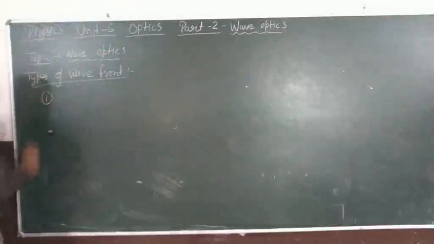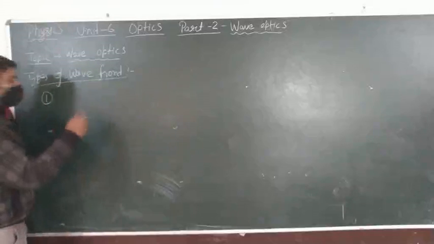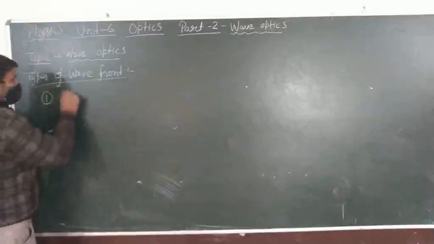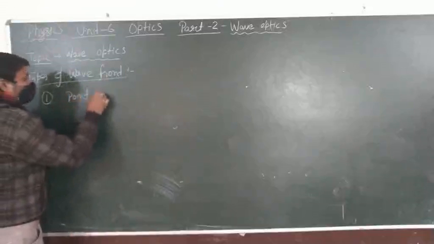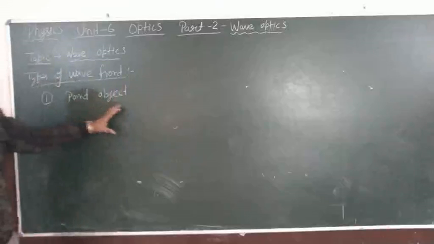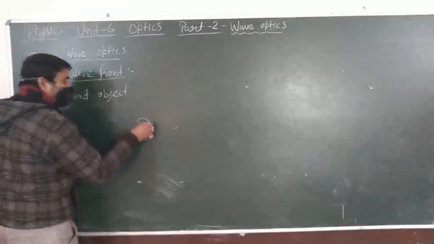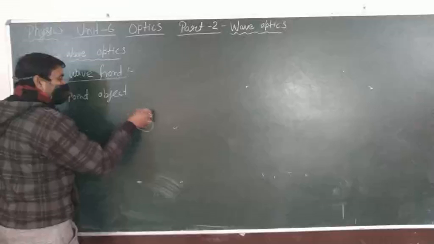One is if we have a point object which emits light, and when the light is traveling from the point object, we observe that the light is traveling in concentric spheres,